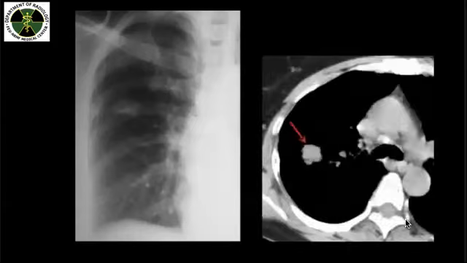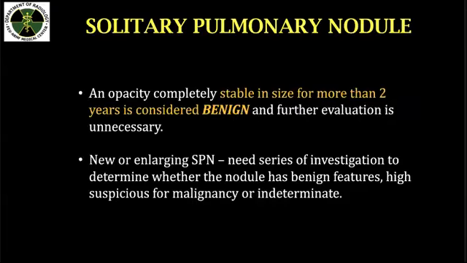Another is we have a solitary pulmonary nodule as confirmed by your CT scan. It is seen intrapulmonary and the size is less than 3 centimeters. So definitely, this is a solitary pulmonary nodule. If you look at the borders, it's more of a popcorn-like configuration. Again, we'll describe it later.